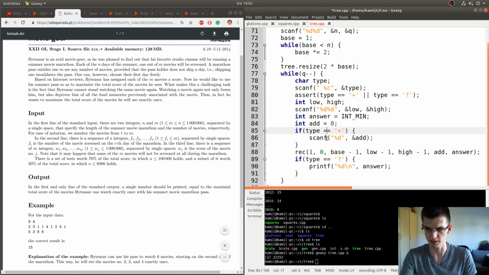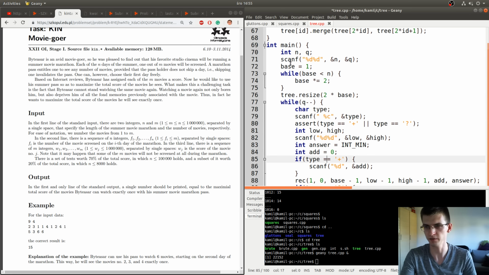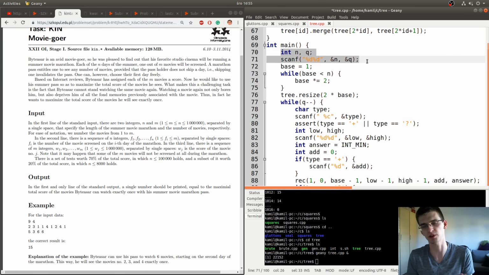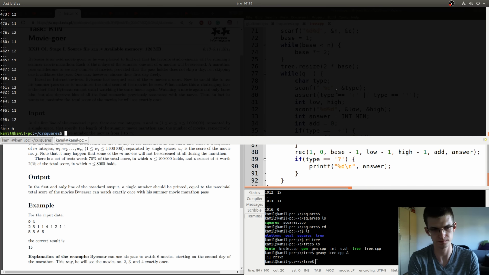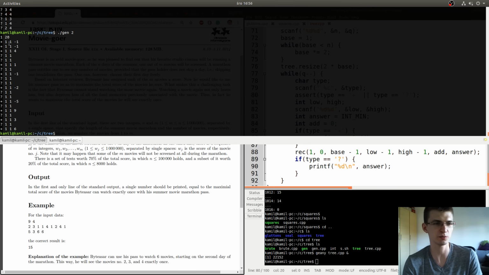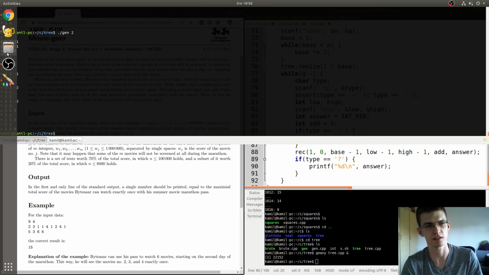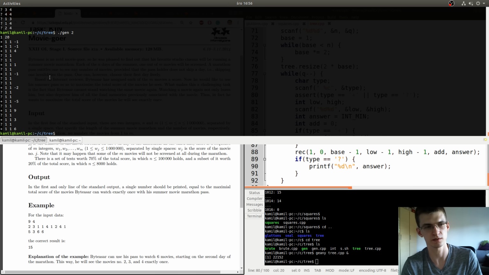So here I decided to just implement something that reads n, the size of the sequence, and q, the number of queries. And I read queries in a form I decided on: plus, a type of query, means increase the interval by something, and question mark means give the maximum in this interval.